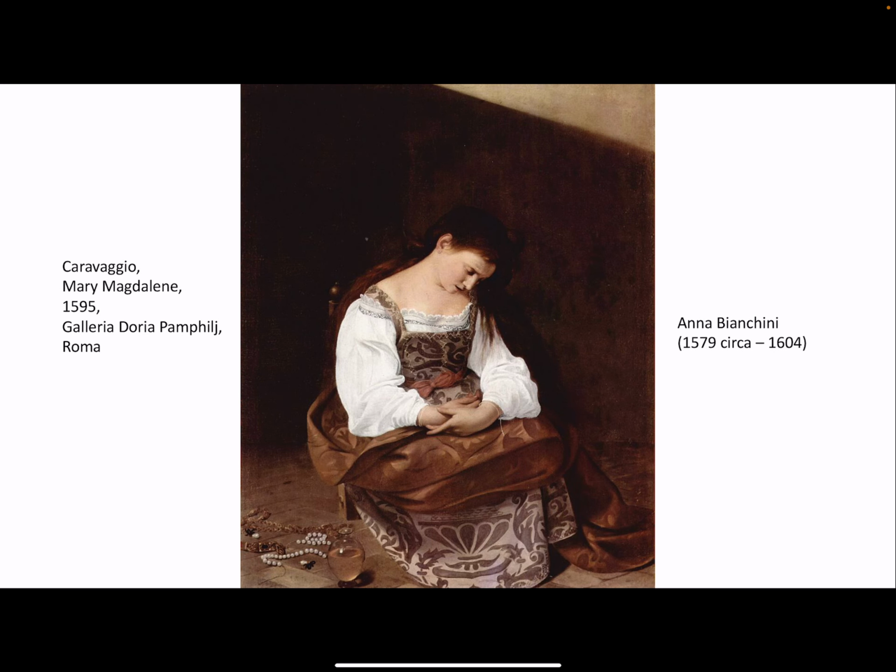This is one of the most famous works by Caravaggio. It is Mary Magdalene, 1595, and it is a wonderful painting picturing Mary Magdalene meditating about the vanity of life. And actually here we can see a young woman dressed in beautiful clothes, and on the ground some jewels, a vase with perfume